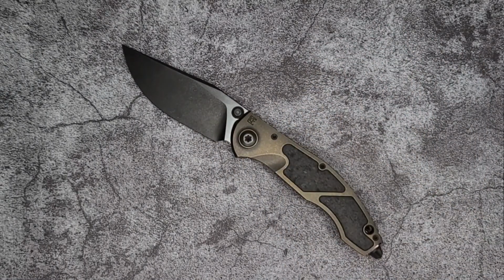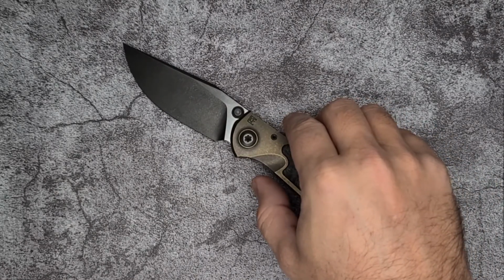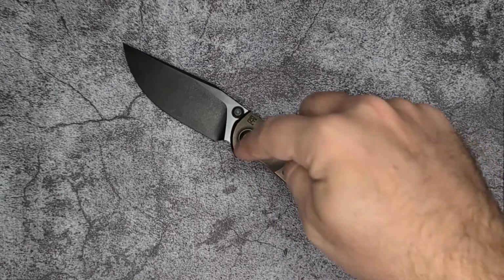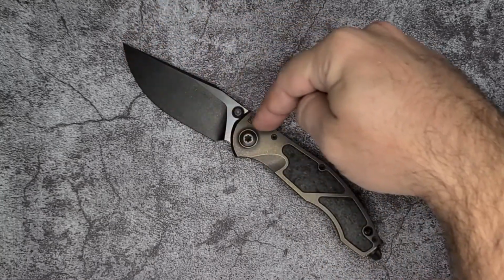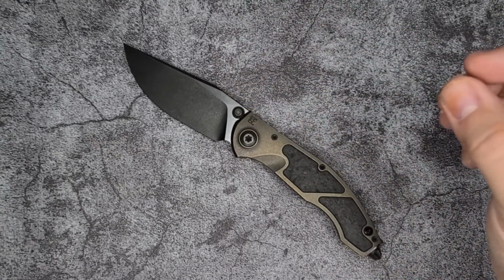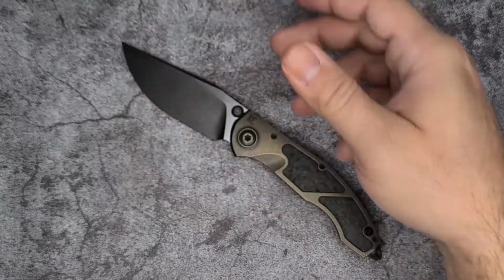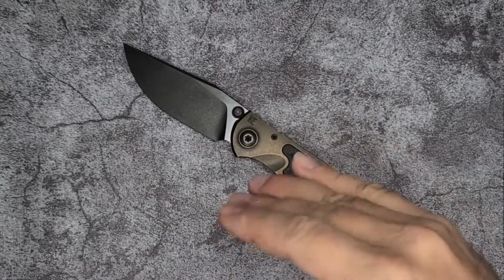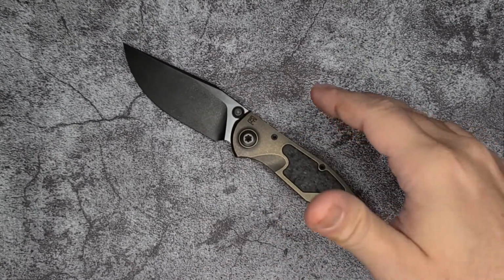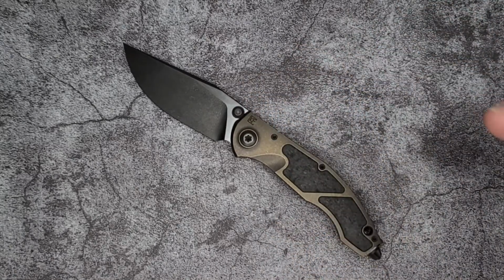So on the one hand, you have the Makosha, a design by Balishev Anton, and it has a little bit of this blade shape. It is more of a traditional folder, not traditional folder, but kind of a slip joint. It has a nail nick to deploy. So you have the influences of the Makosha by Balishev Anton. And on the other hand, you have Tony Marfione, and he designed the